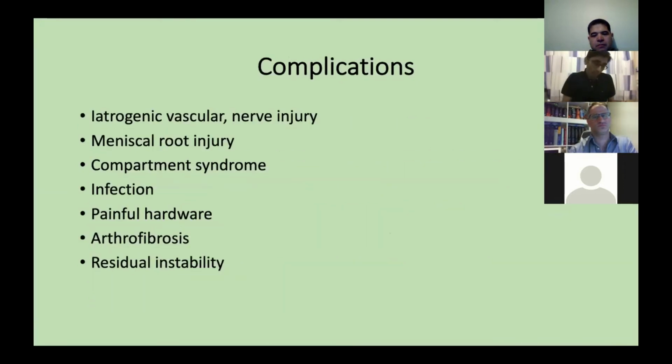Complications, yes, you do have complications. The risk of iatrogenic vascular injury, nerve injury, meniscal root injuries if you're placing the tunnels, the risk of compartment syndrome, and of course, painful hardware. This is relatively more common in multi-ligament surgery and can range between 30 to 40%. Risk of arterial